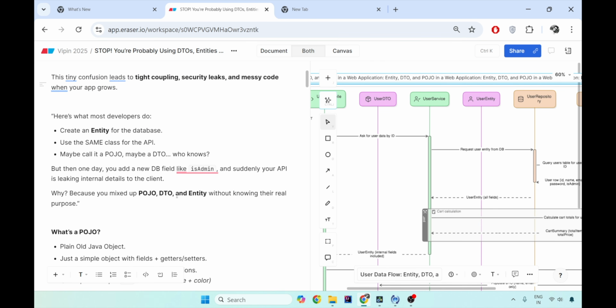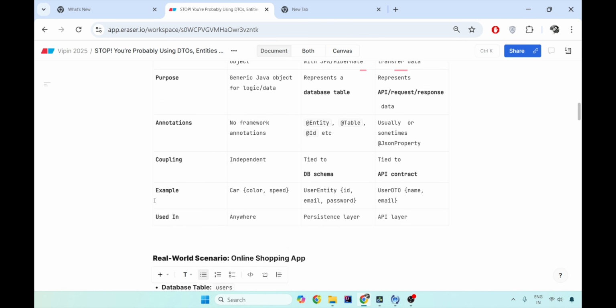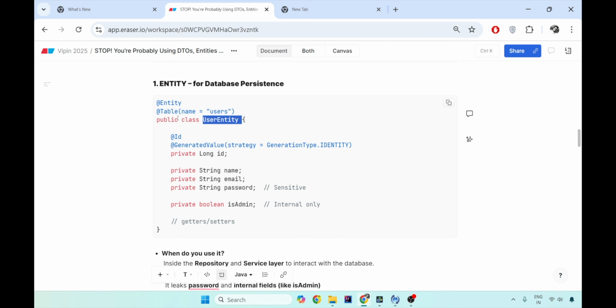Nothing hi-fi, nothing extra. Now, what do we do wrong? Here, suppose we create the entity table for the database. This is the user entity table, which directly maps the user repository to the database. I'll show you what we do with the user entity. We mark this user entity as @Table with users, and this is the table name. And we directly map id, name, email, and password. These are the exact names of the columns of this table. So you have made the entity which directly maps to the physical table users in the database.